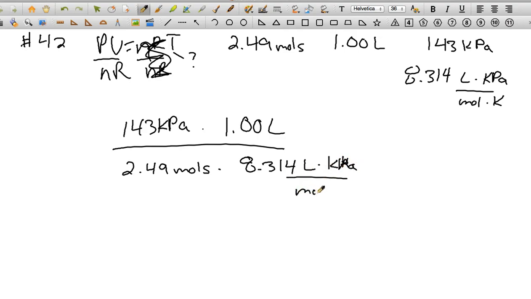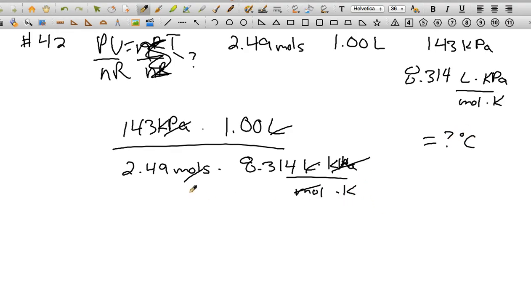over moles times Kelvin. Now, last time I forgot to show you how to cross off the labels. And labels are very important because as these get a little bit trickier, you want to make sure that you know where you're going. So let's cross them off. Kilopascal is going to go away. Liter is going to go away, mole is going to go away, and look, we're going to be left with Kelvin. Now remember, this problem wants degrees Celsius, so we'll take care of that when we're done, but this will